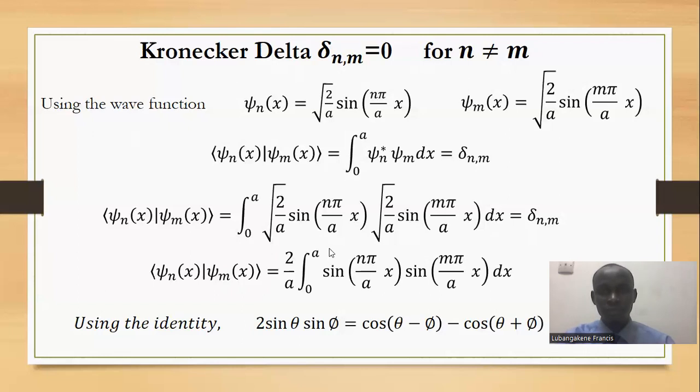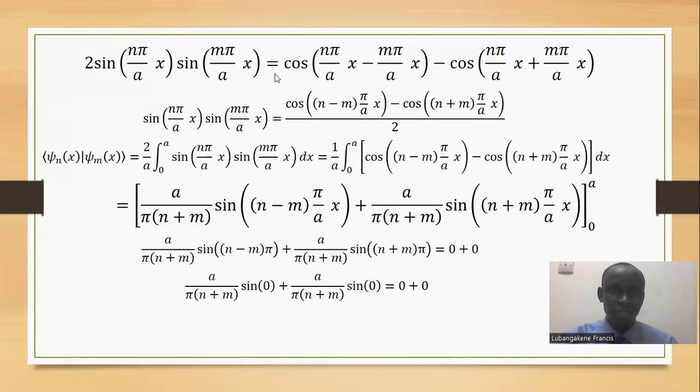Now in this case, we employ that, and then we have the difference and the summation here: cos of n pi over a x minus m pi over a x, then minus cos of n pi over a x plus m pi over a x. Therefore, we factorize pi over a x, and here also we factorize pi over a x. But remember we are seeing a 2 here, so our single part here is giving us a division by 2, so that when we substitute down here, that 2 will cancel,